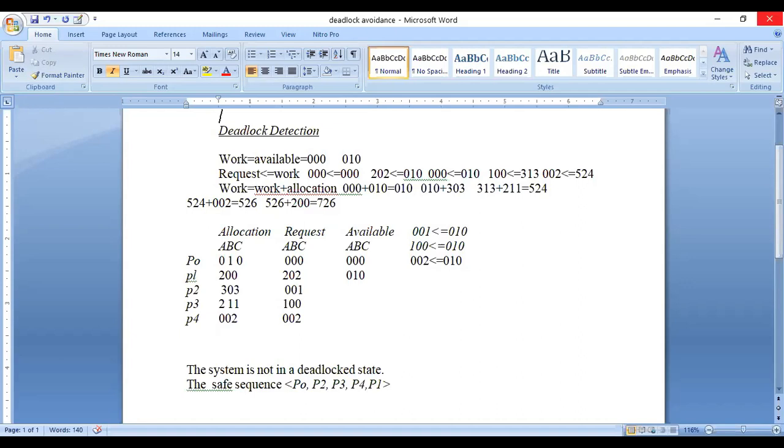Inform the operator. The system will inform the operator that a deadlock has occurred, and the operator deals with the deadlock manually. Otherwise, the second possibility is to recover from the deadlock automatically.